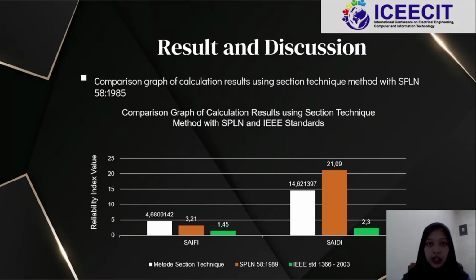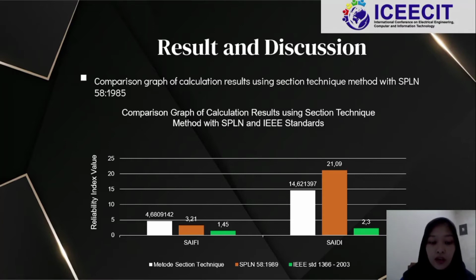And this is the comparison graph of the calculation result using the section technique method with SPLN. The white color is the section technique method, the orange color is SPLN or PLN standards, and the green color is the IEEE standard.